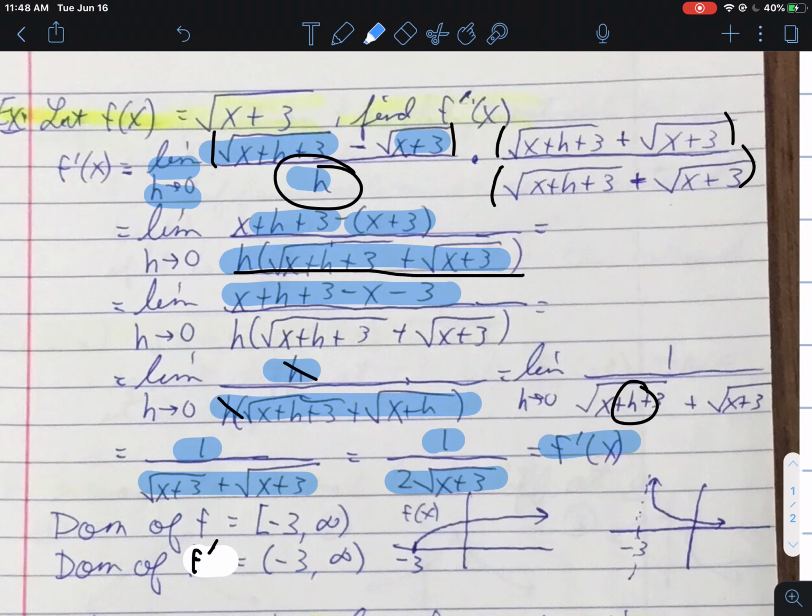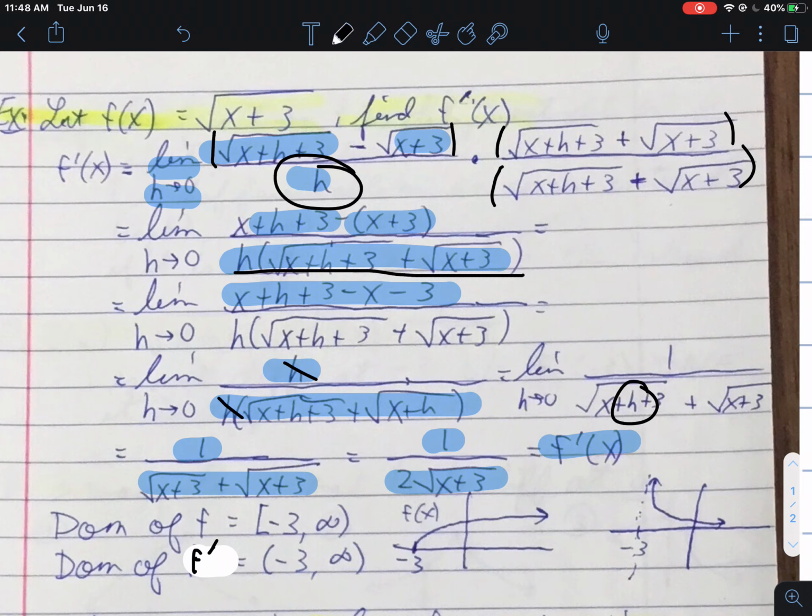Now, I also wanted to mention domain here, because there's an issue, obviously, with square roots. We've talked before about domains of radicals and also fractions. And then the observation that we made earlier about the comparison between the domain of f and the domain of f prime. We said the domain of the derivative could be the same as the domain of the original function, or it could be smaller. Okay? So notice in this case, if I look at the domain of f,